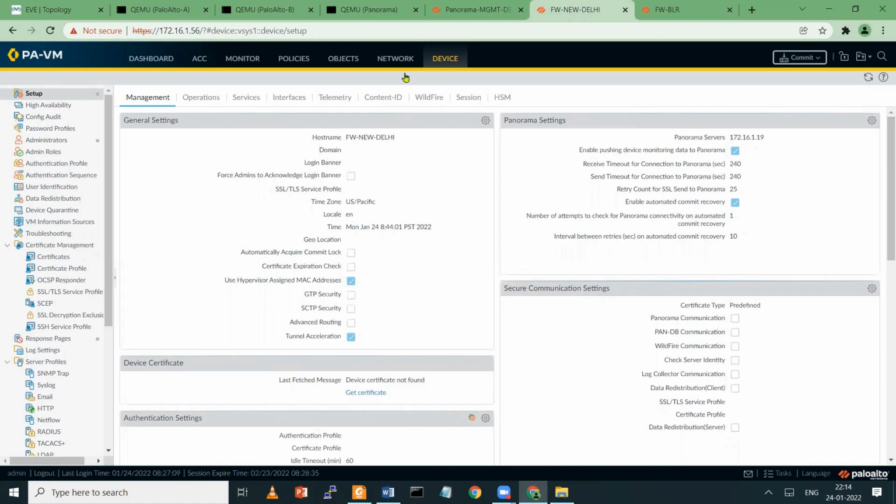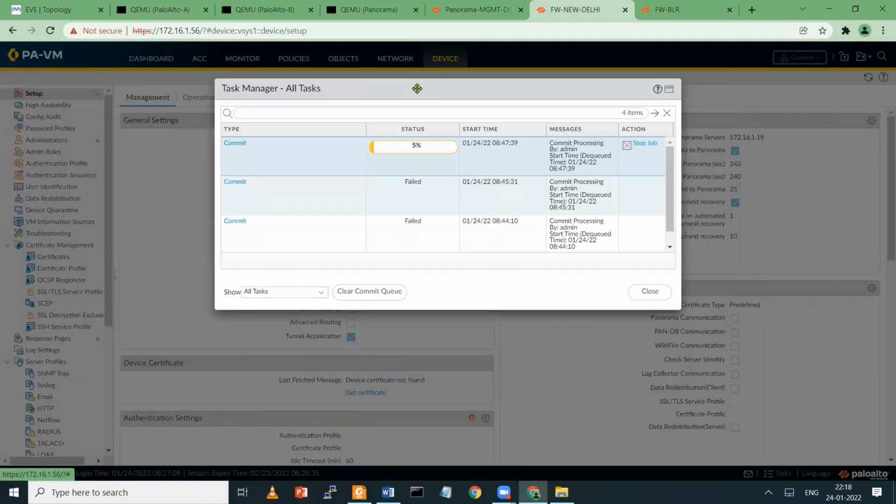Like we just have to add a firewall. See, it's 75% almost completed, and 100 done.